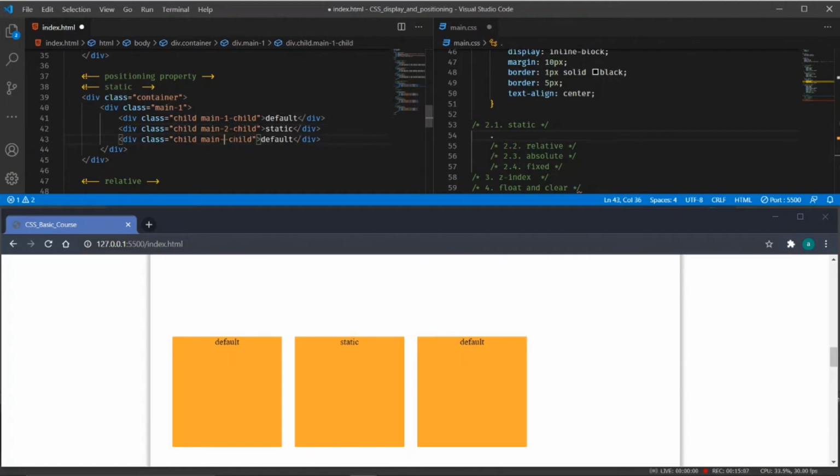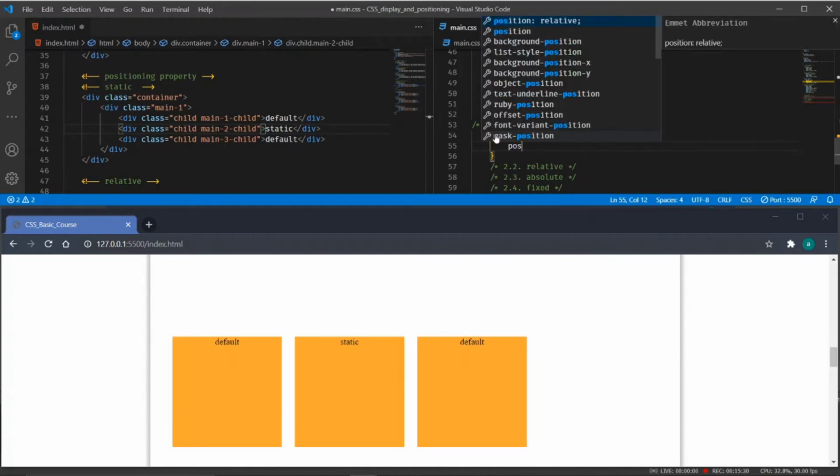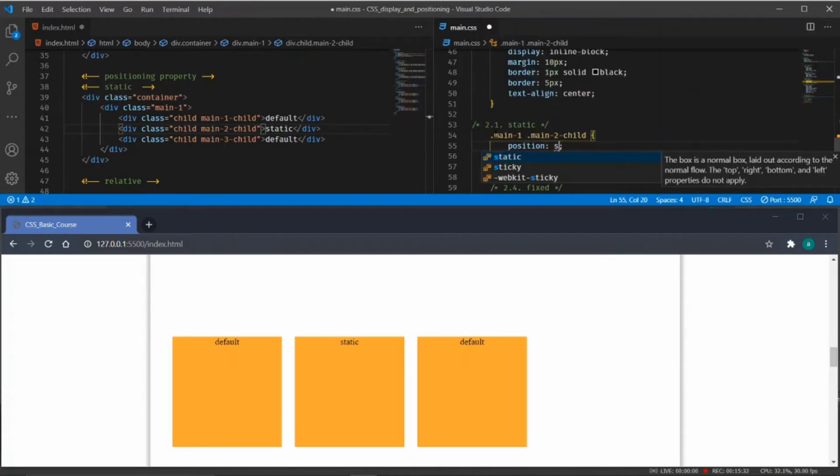Okay, I have just forgotten to write main 1, main 2, main 3. So using the main 1, I will target the main 1 child, sorry, the second one we have to target, so main 2 child, and I will give it the positioning of static.